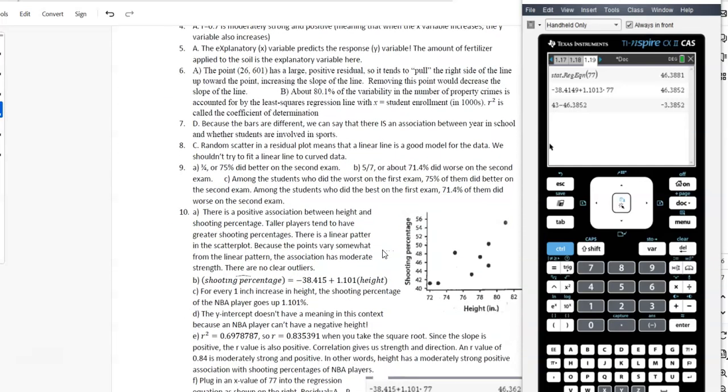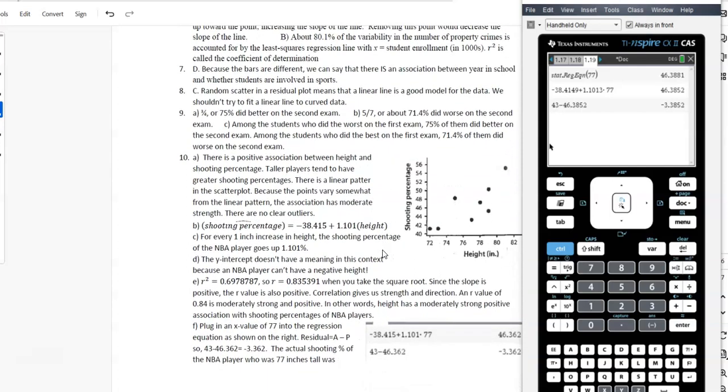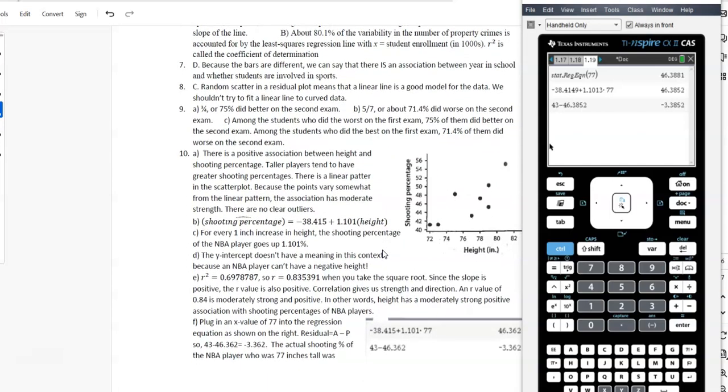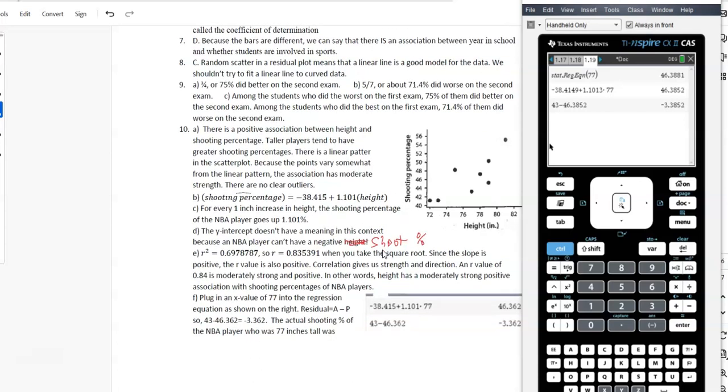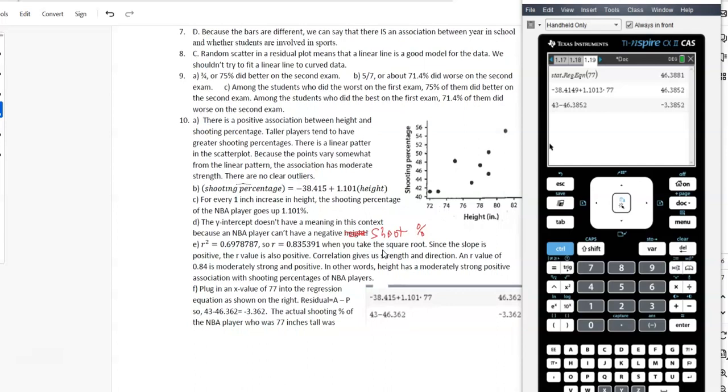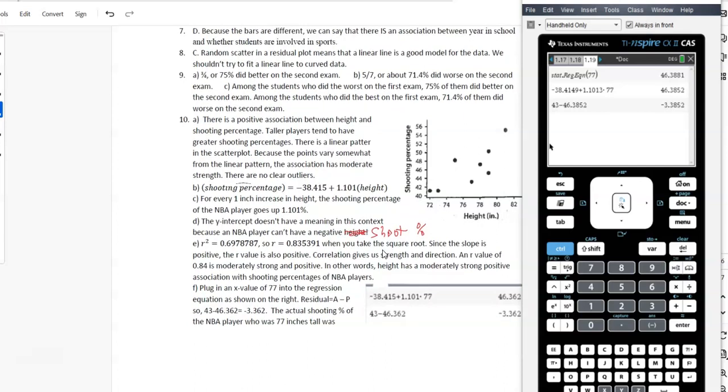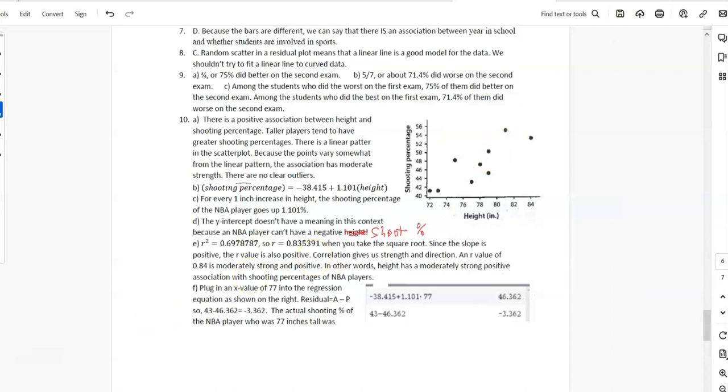I wonder if I did put, there was that one question on 10. You can't have a negative shooting percentage. This should say shooting percentage. Sorry, I messed that up. And I didn't say what the y-intercept was. Maybe that's why I didn't think about it correctly. But shooting percentage can't be negative, so I had a little mistake there. Trying to fix that. Thank you. That's the end of the